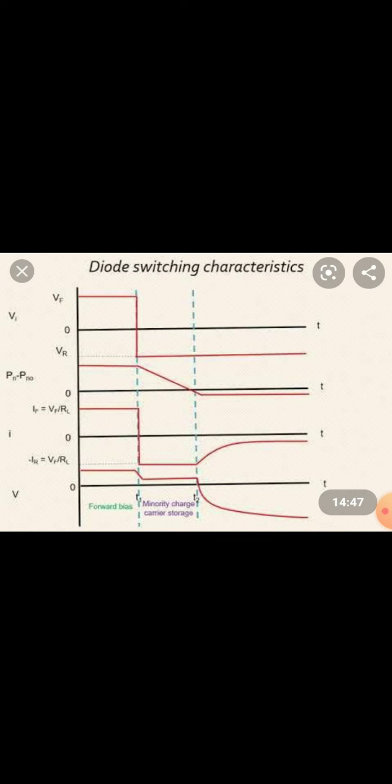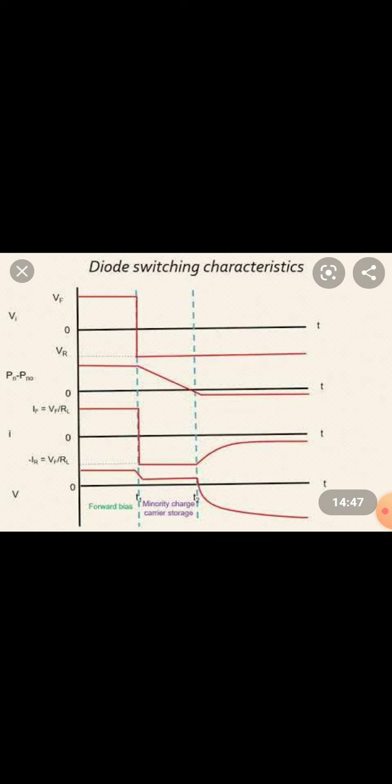So we wait for the minority carriers to return to the majority carrier side in the opposite material, that is, n type for electrons and p type for holes. After that time period, the transition interval is required for the current to get back to the non-conduction state. The reverse recovery time depends on junction temperature and the rate of fall of forward current. It should be small for high speed switching applications.